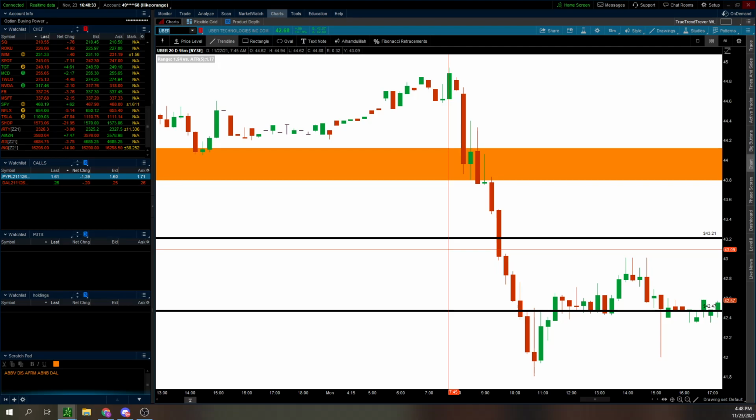Yeah, you don't want to take it at 45 and expect it to go to 47, 48. Whenever you're taking a trade after it had a lot of push, it's kind of a high risky trade. But when you're trading inside